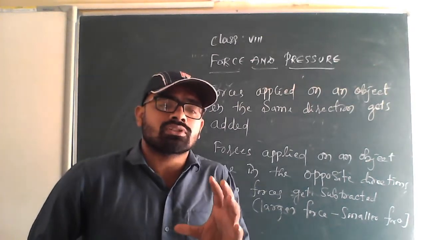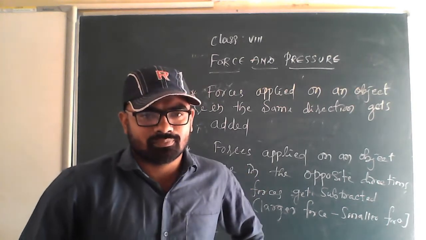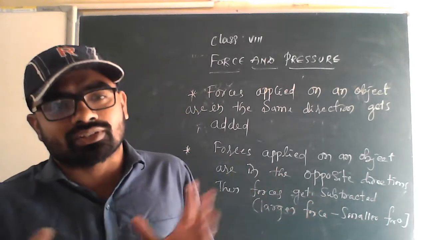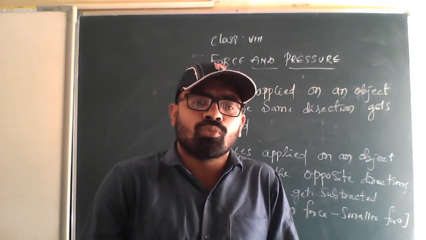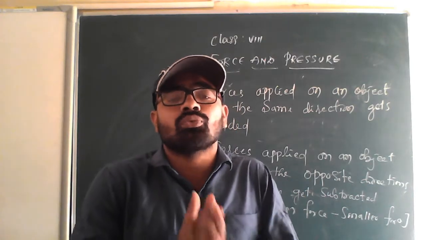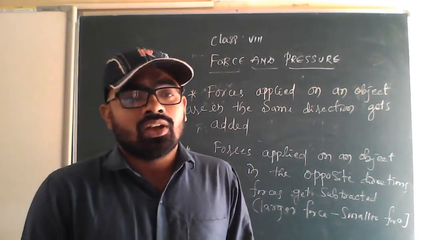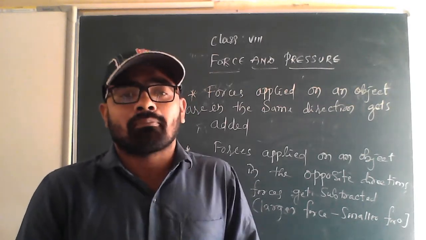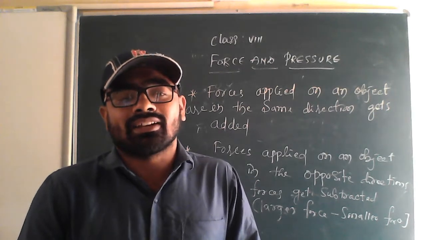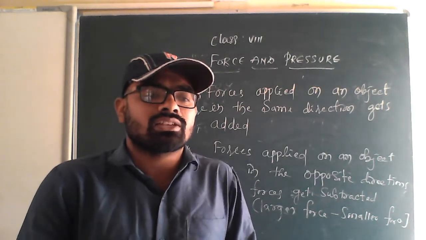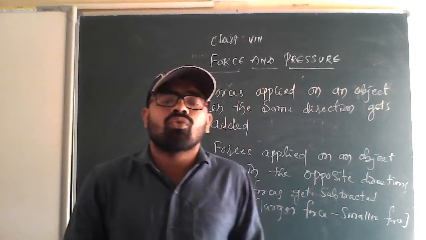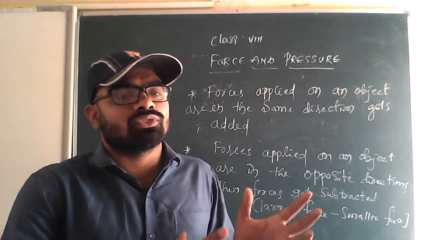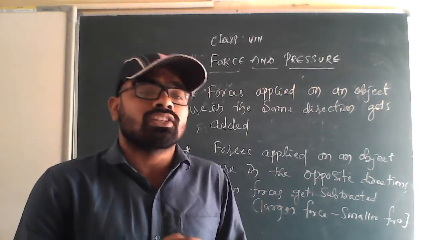Force happens only when there is an interaction between two objects. Last class we saw that forces are due to the interaction of objects. If one, two or more objects are interacting with each other, then we can say there will be some kind of force. Unless there is an interaction between two or more objects, force cannot happen. Force cannot be created there. So in this class we see the exploring of forces, that is how force can be applied in the same direction, in opposite directions, or if a single force is applied.